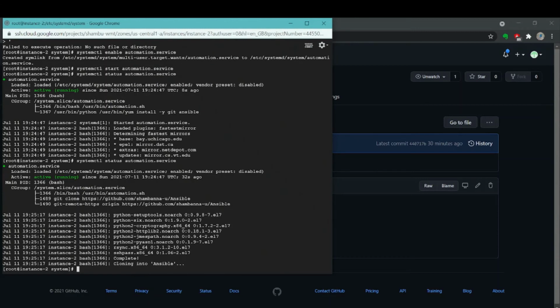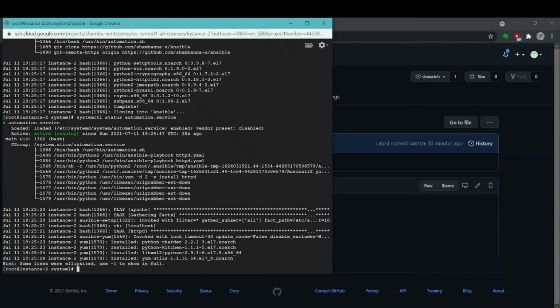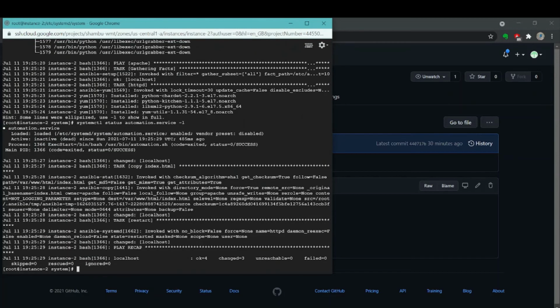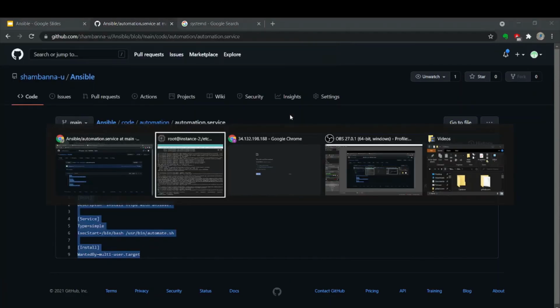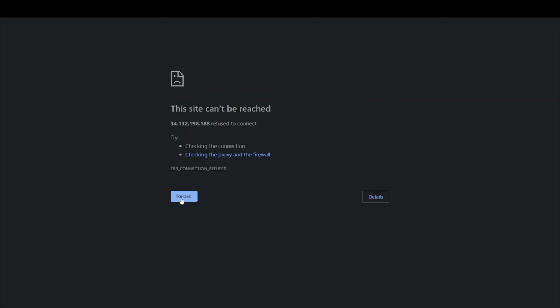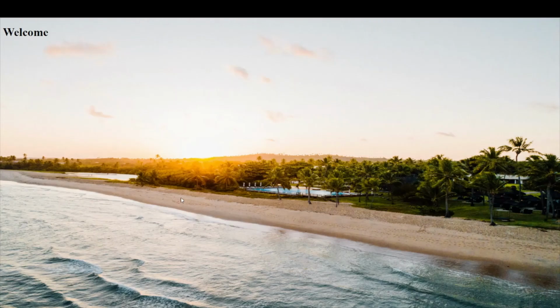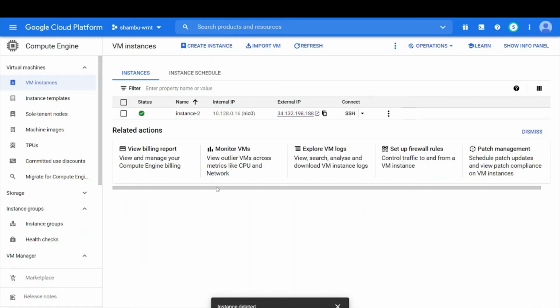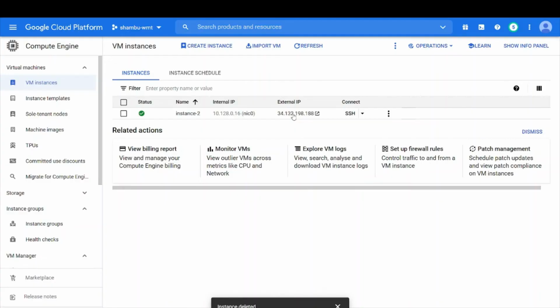Okay, it is just starting, cloning into the repo. So now it is completed. So let's see. I'm able to open this. So it is successfully able to run this playbook.